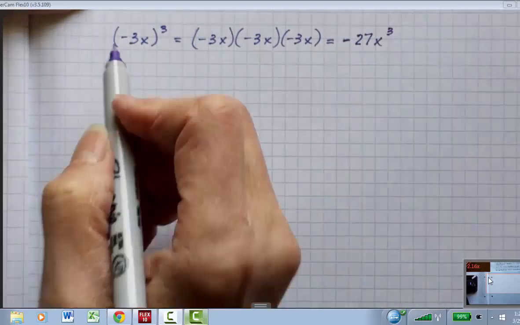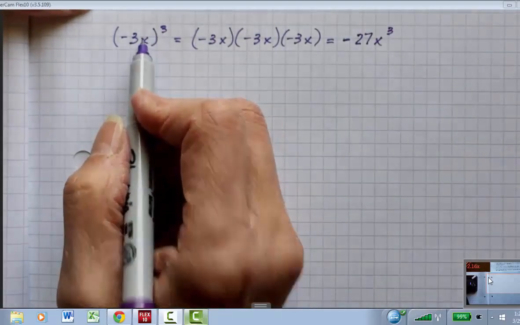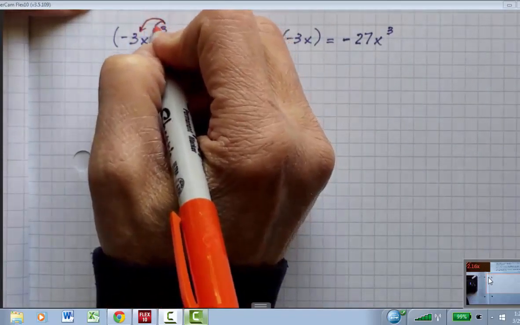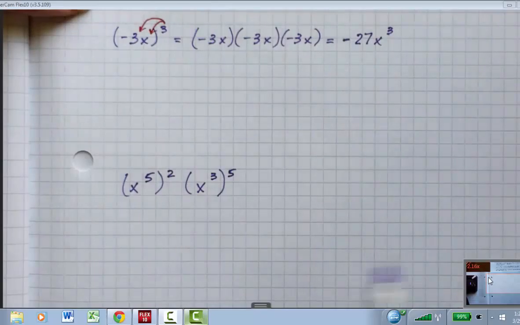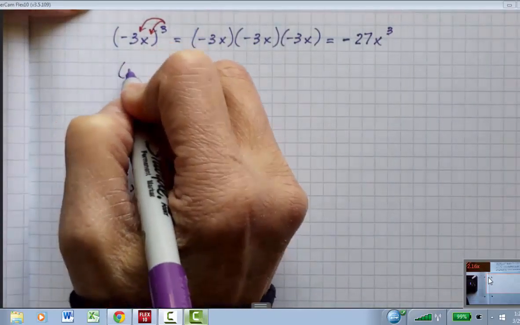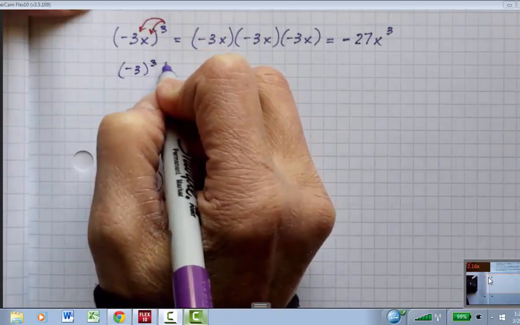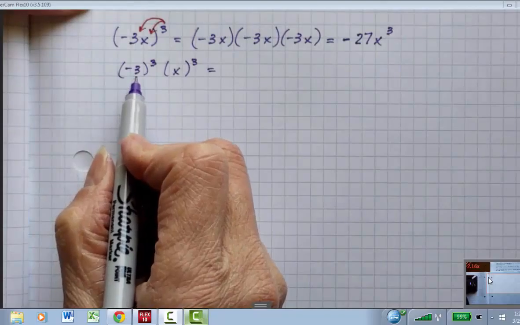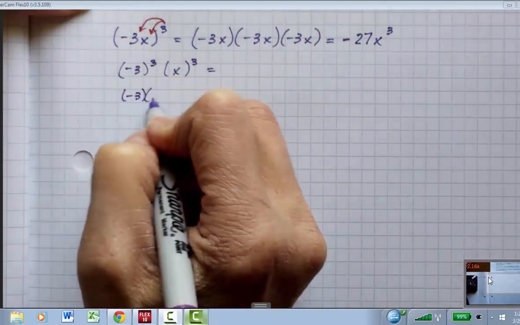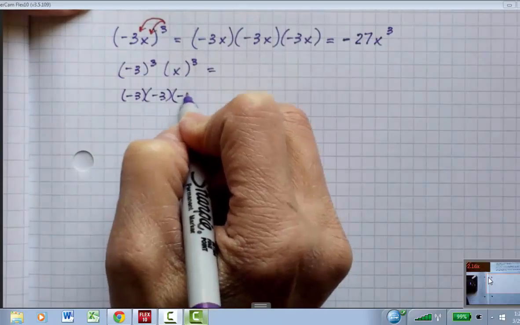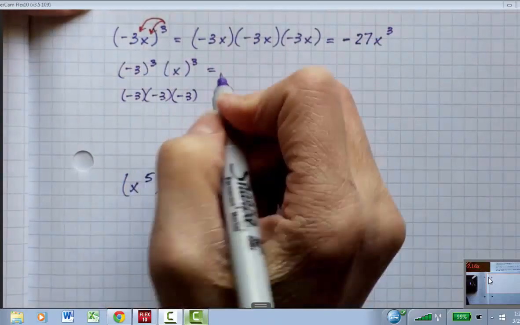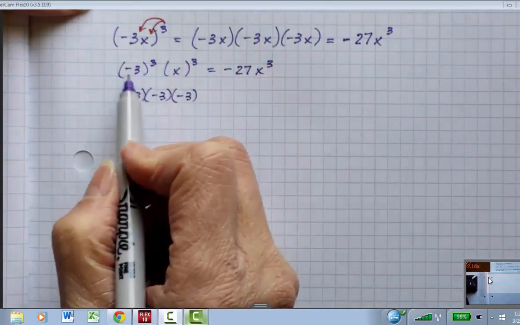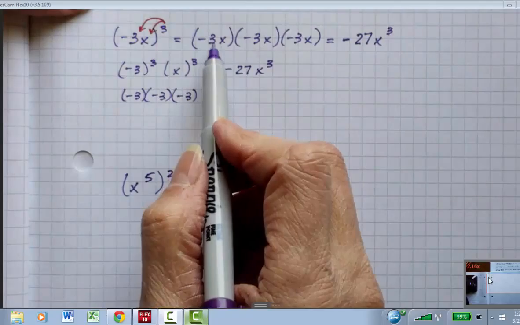What we need to get used to doing is bringing this exponent inside of the parentheses. So think of it as distributing the exponent on each of the factors that you have inside of the parentheses. So we actually have negative 3 to the third, and we have x to the third. So then doing negative 3 times negative 3 gives me 9, times negative 3 gives me 27, and it would be negative 27 x to the third. So ideally this is how we want to be able to do our problems, but expanding it out you get